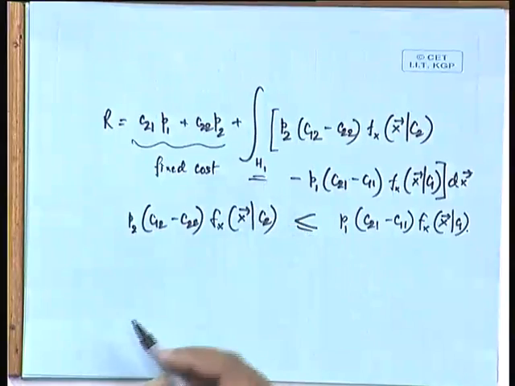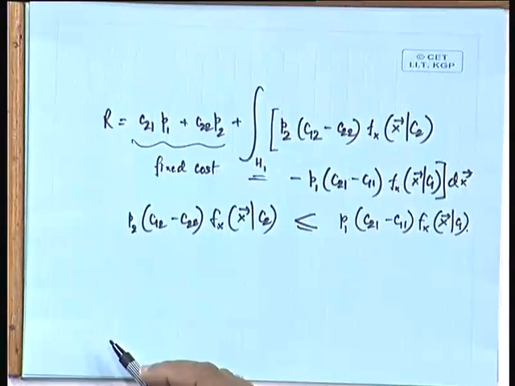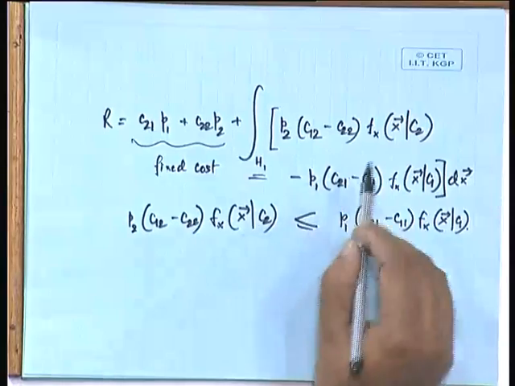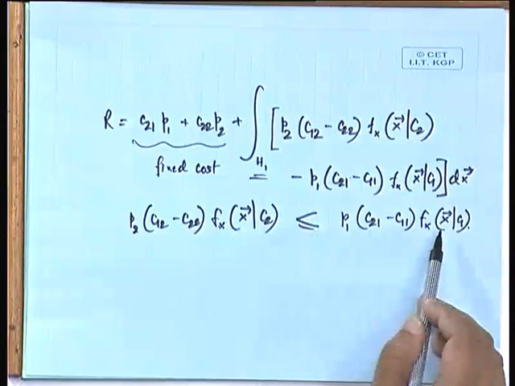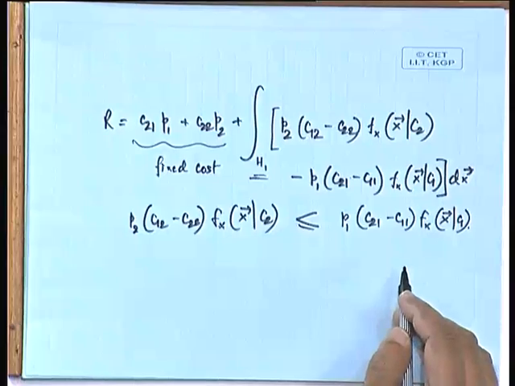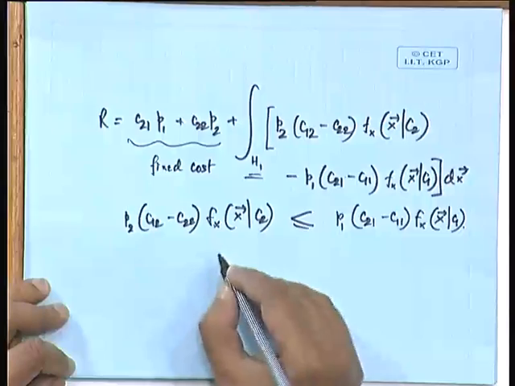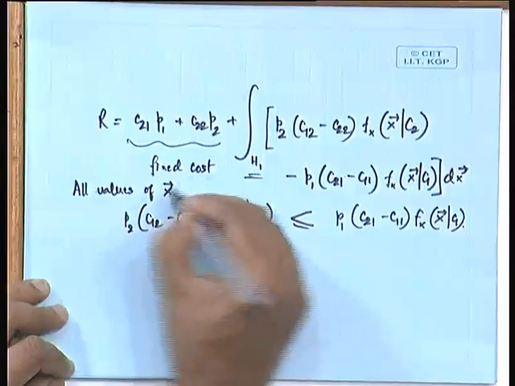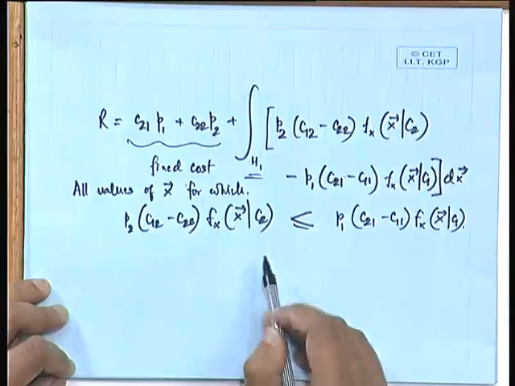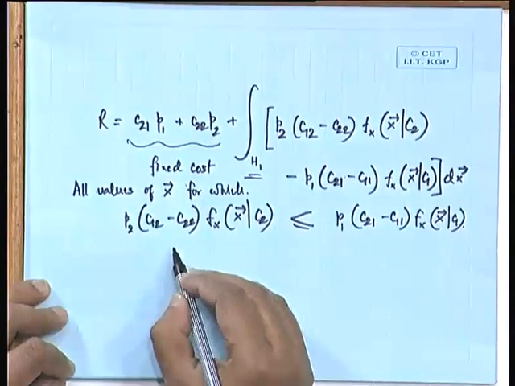Why? Because this integration, please note, is defined over H1, and we would very much invite a negative term into it, because if this term becomes negative, then you are reducing the cost function. So, if this is contributing to the H1 space, that means if this is classifying into H1, and this negative relationship is satisfied, if this quantity is less than this quantity, then the classifier should put it into the class C1. So, all values of x vector for which this quantity is less than this, those x's should be assigned